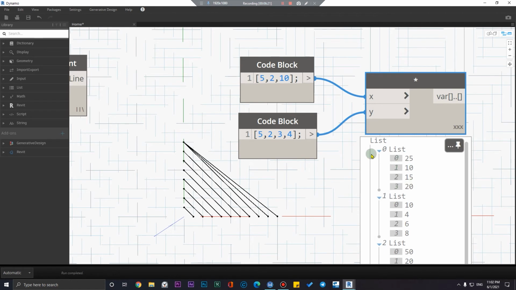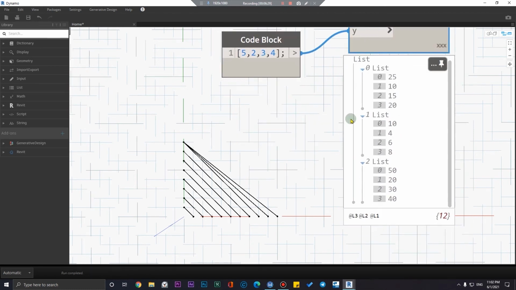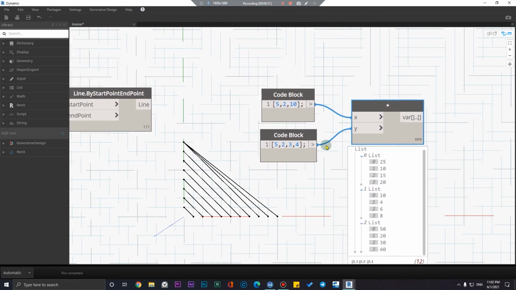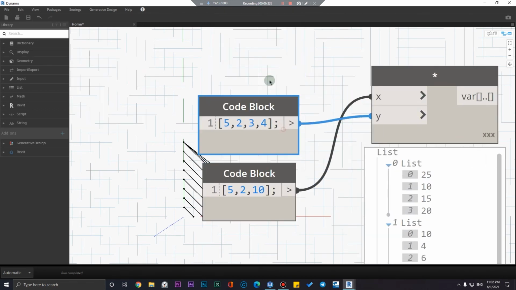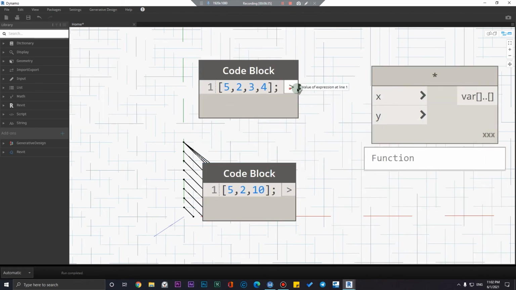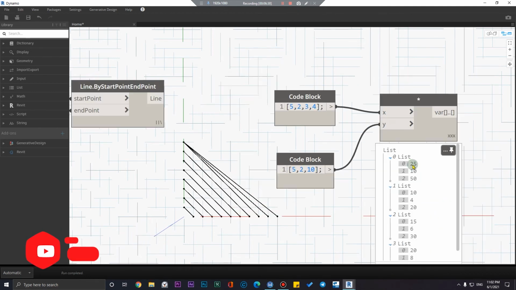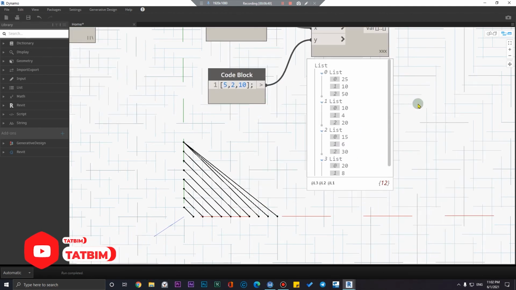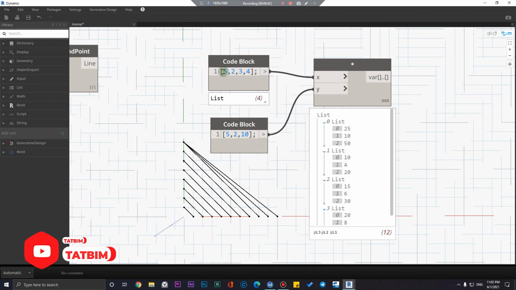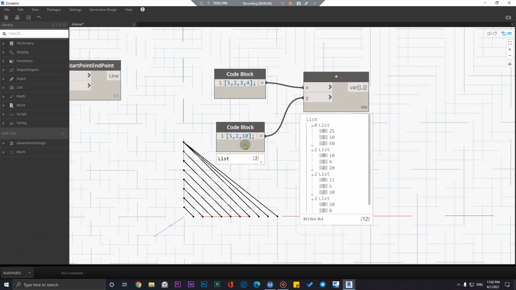This is the first group, and the second group will be 2 times 5, 2 times 2, and so on. I said the hierarchy is important. If I change the hierarchy here, you can see our set of lists will be 4, because we have 4 numbers that have been multiplied by 3 numbers.